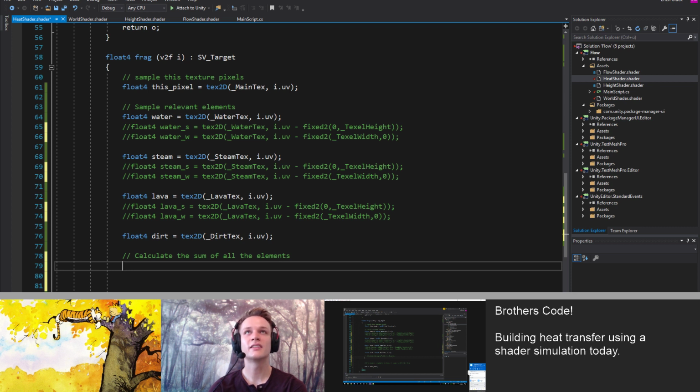I'm wondering if that's actually true. If you have to flow heat with the element, if you're fine with heat being one frame behind, it might not matter. But if lava's moving, then the first cell that it goes over would have no temperature, and then you'd have to flow into it, and you would actually be losing heat continuously as you're flowing. Okay, yeah, you're right. You do need to do flow.